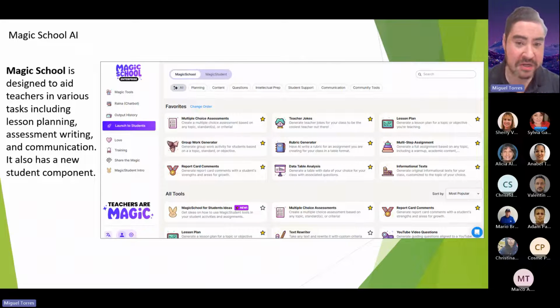The only thing is we have limited space and storage, meaning the last 5 assessments you make will be saved on the free version, whereas if we had the premium one, you would have unlimited. So my advice to you all is when we go over Magic School right now, anything that you use it for, up to the beginning of the school year, save everything as a PDF. Do as much as you possibly can with what we have. And if you can, just save everything so you can have it saved for next semester or next year and so forth.